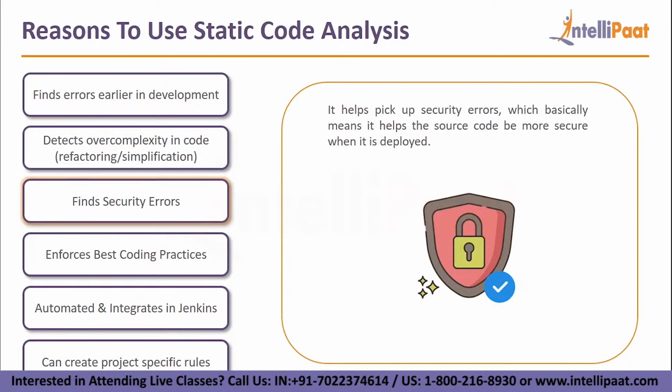Finds security errors. It helps pick up security errors, which basically means it helps the source code be more secure when it is deployed. Whenever the developer is writing the code, the tool helps us understand whether there are any security issues with the code we're writing. For example, if we have written a password and a username inside the code in text format, the tool can understand this. Whenever we're writing the code, there's a chance that we might write the username and the password in the code instead of injecting them into the code. So the static code analysis tool will identify this and tell us about it